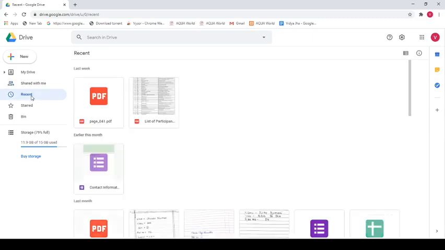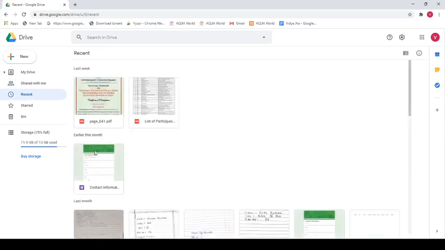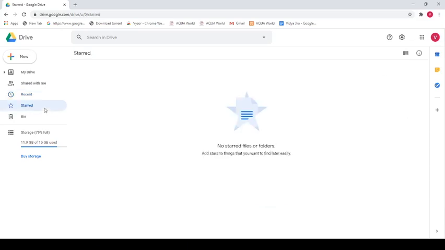Then the recent option shows the documents which you have opened recently. You go to starred. We mark certain things, as you may have noticed in your WhatsApp or Gmail or any of your mail, you just click at the star shaped icon, which marks it as important.